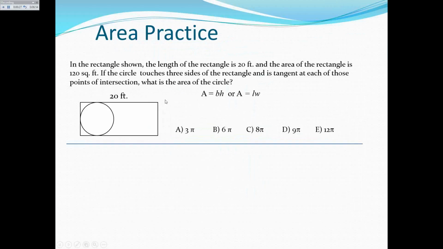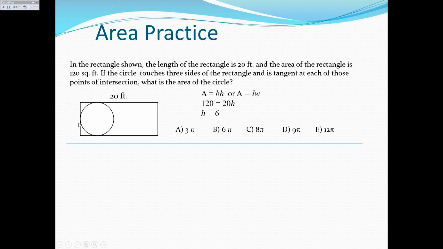The formula for a rectangle is area equals base times height, or area equals length times width. I can write this algebraically because they told me the area of the rectangle was 120 square feet. And if I know the length, I can just substitute those numbers here, and I would find out that the height, or the width, either way you want to call it, is